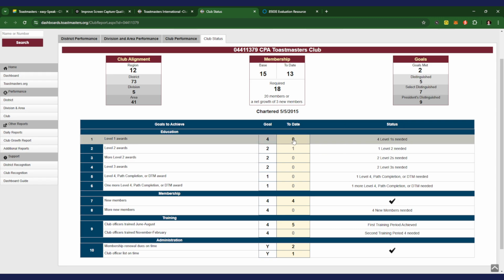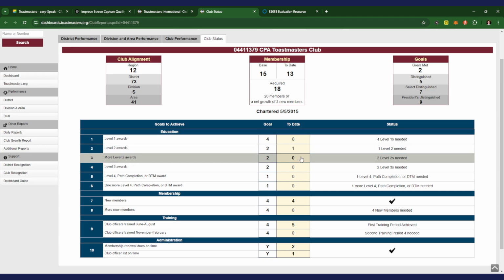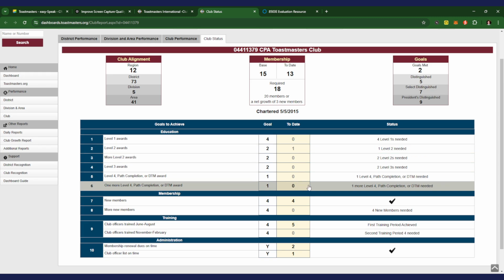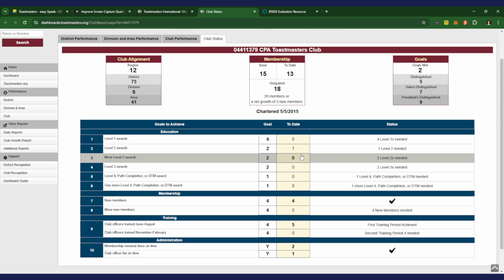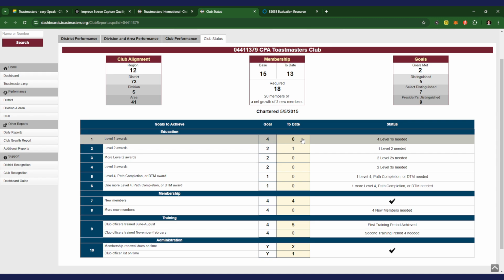We've got a couple of level 1s quite close, and even more level 2s, and actually even 3s. So if I can get my level 5 complete, we could be doing some very high numbers by the end of June, which is very interesting. So the main thing is getting the goals number, but this is where we can check